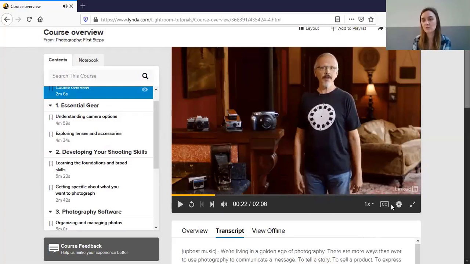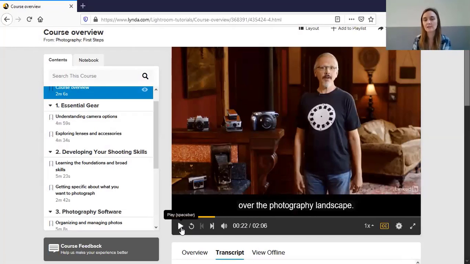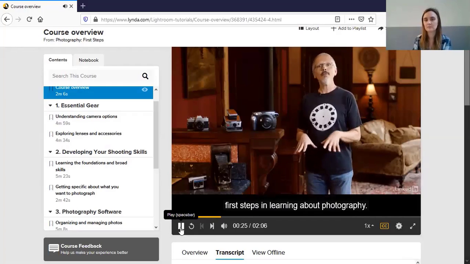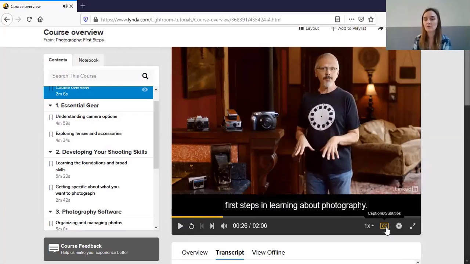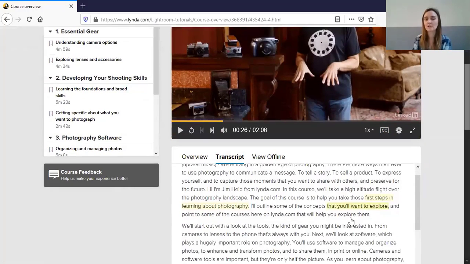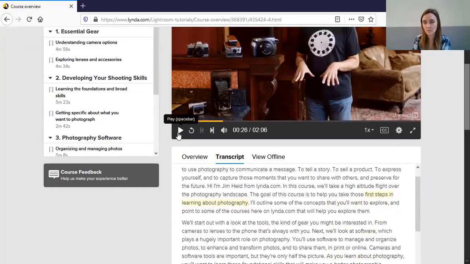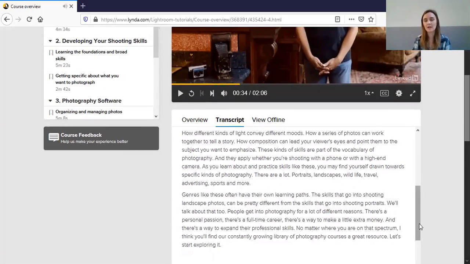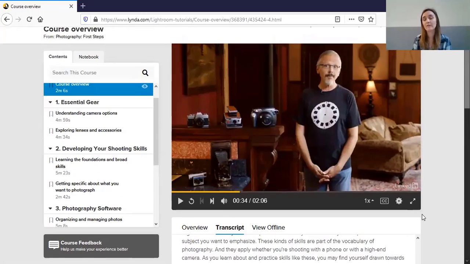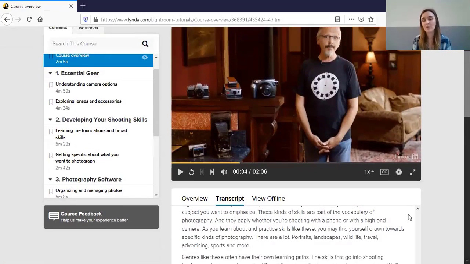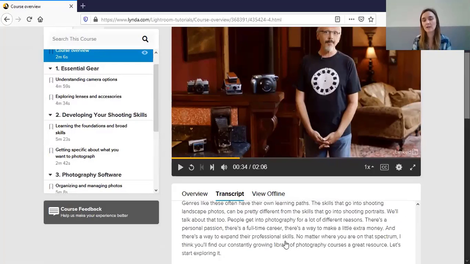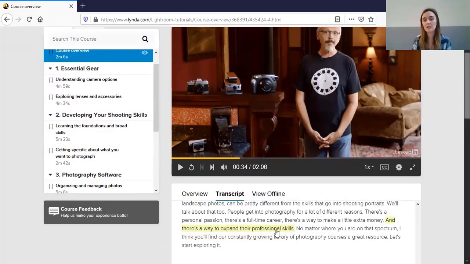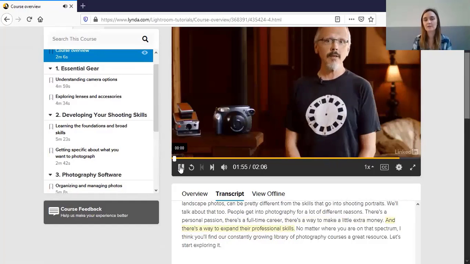I can also do closed captions here, so I can see what he's saying as he says it. Otherwise, if you don't like the closed captions, below is the transcript, which will highlight as he's talking as well. So you can read along with him as he is reading, which is nice if you're more of a visual reading learner. It also highlights lightly where he's talking, and you can click on a specific sentence and it jumps